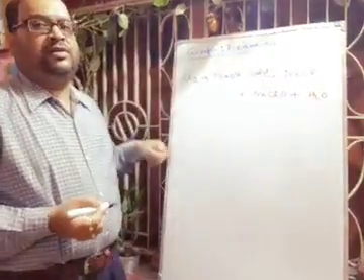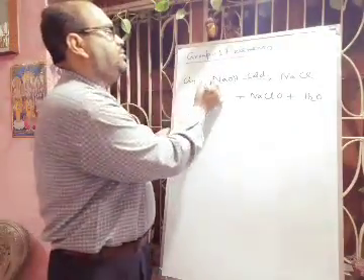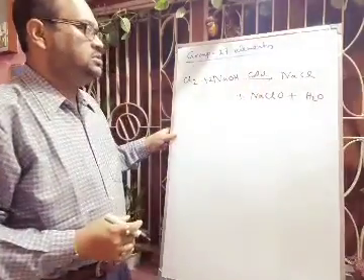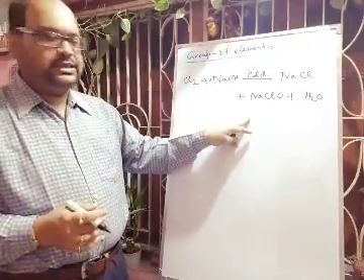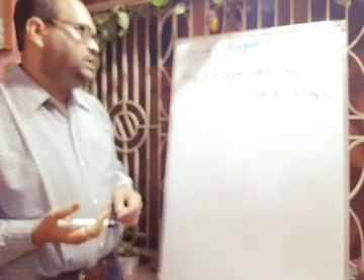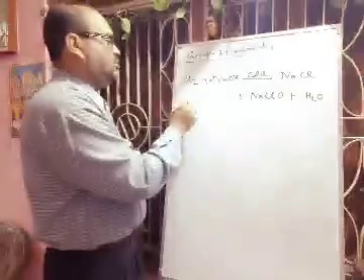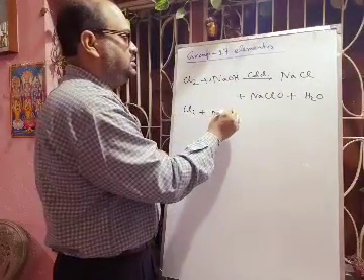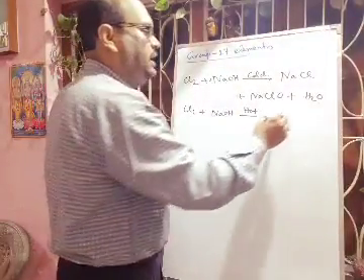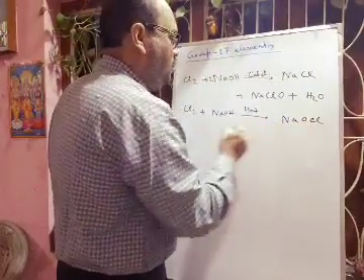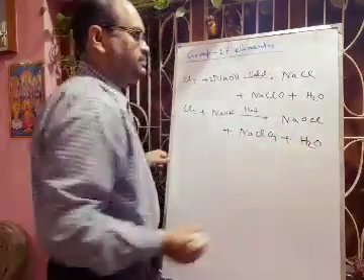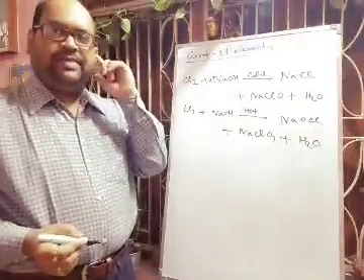Okay. Now here this is not balanced. Here you have to put 2 here. Both chlorine is same, sodium is also same, hydrogen is also okay. Okay. So this is the reaction in cold condition. Okay. And whenever you are doing this reaction of chlorine with NaOH in hot condition, you are heating this. Okay. Then there will be formation of NaCl plus NaClO3 plus there will be water.